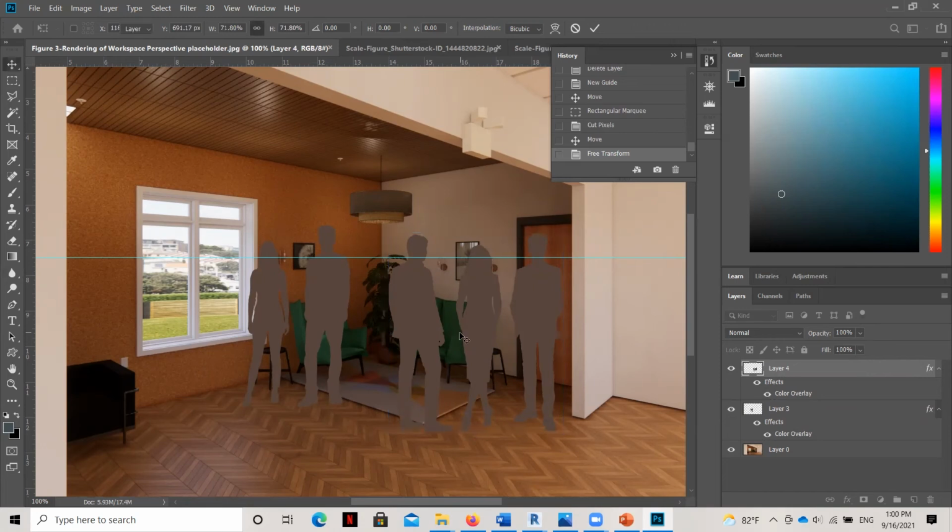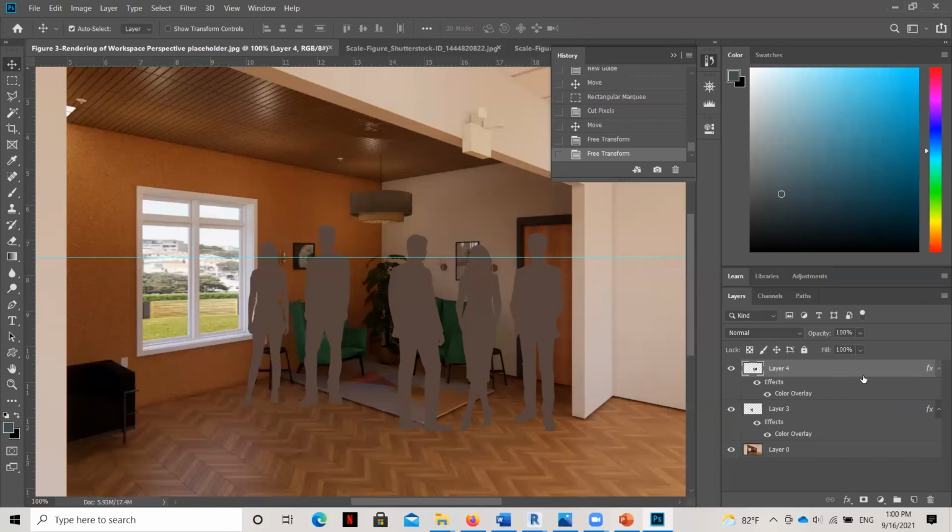So I'm going to go ahead and hit enter and stop that now. And you can see the people in the foreground, the eye levels, especially the women, are right at that horizon line. And then the men are just a little bit taller. And you can see these are a little bit larger because they're more in the foreground. Now I can add more people here, but I'm going to start to change this image a little bit more as we progress. So I don't want to add too many people in because I'm going to start to eliminate some of the elements over there.